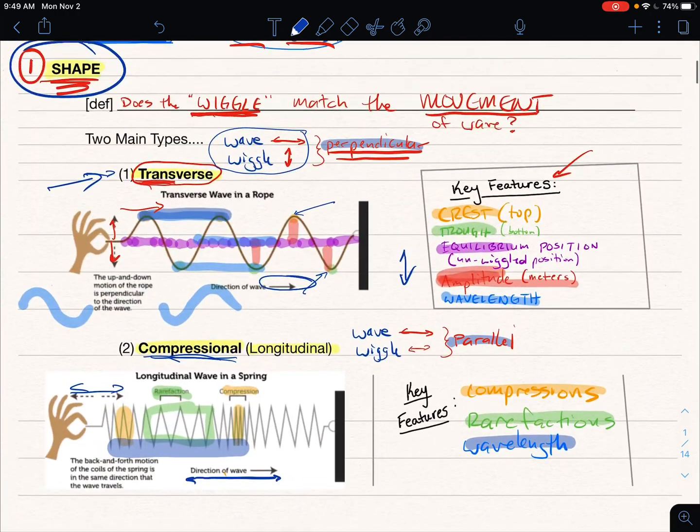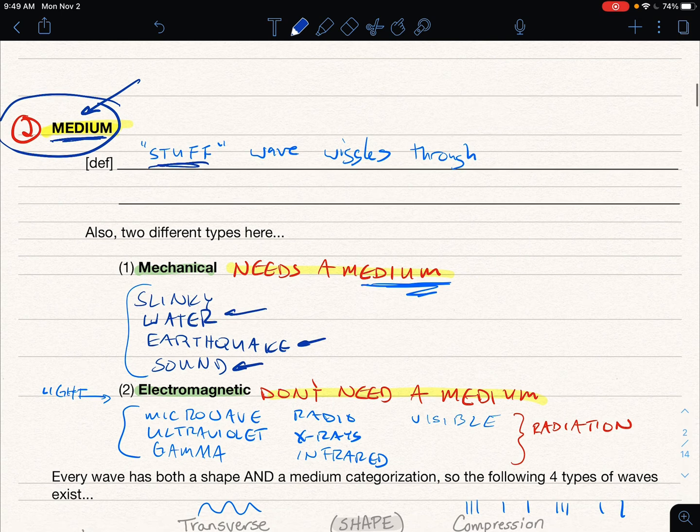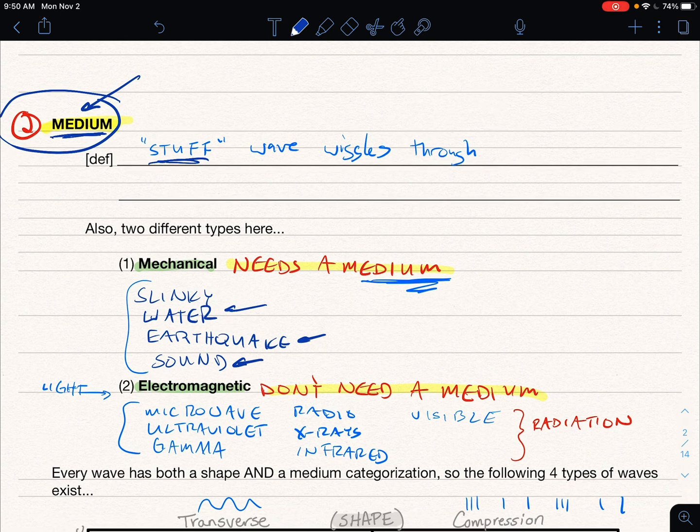So the first way we would describe the waves, what shape does it make? The second way we describe waves is whether or not they need a medium. And there's this group of waves known as electromagnetic waves that don't. So these are all different types of light or radiation, things like microwaves, ultraviolet or UV, X-rays, infrared or IR, visible light, radio. All of these types, sometimes known as radiation, but just different types of light, are a special group that don't need a medium. So light can go through the emptiness of outer space. It's true that the sun gets its light all the way from the sun to us. It goes through a vacuum of space. You don't need any air for this to work.